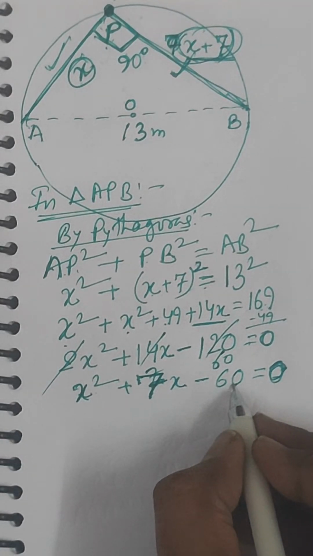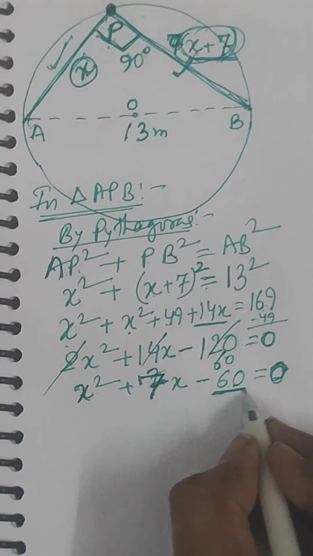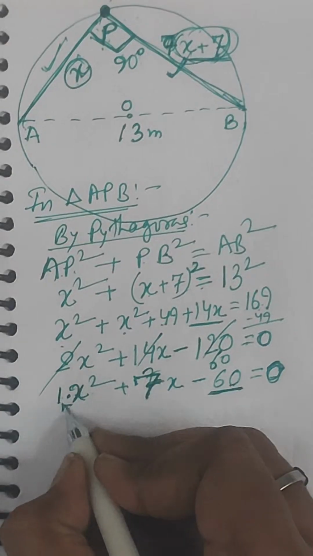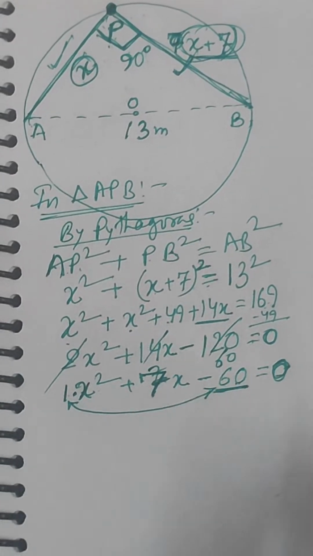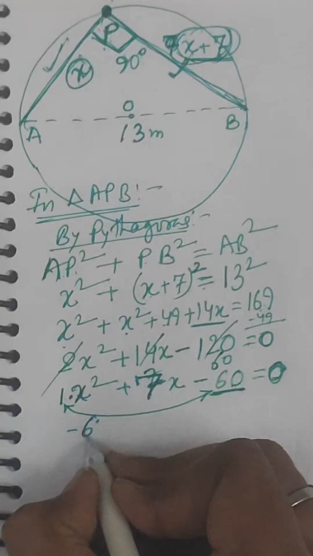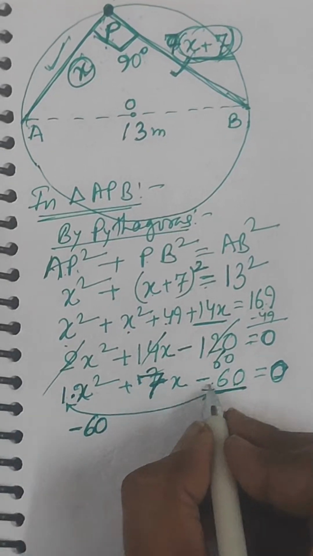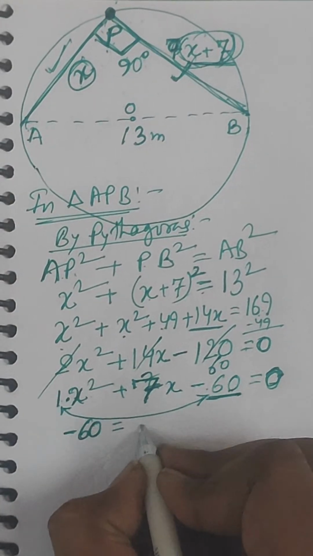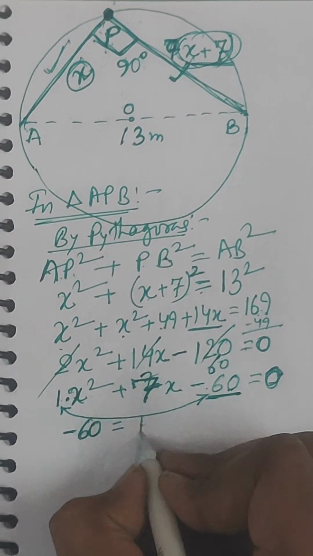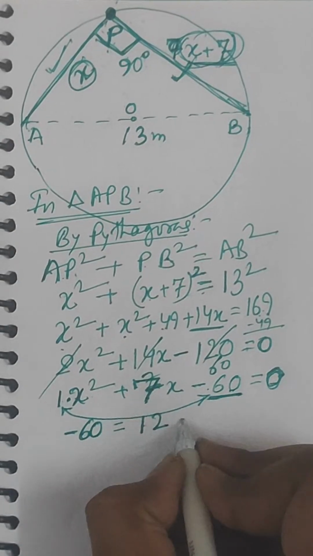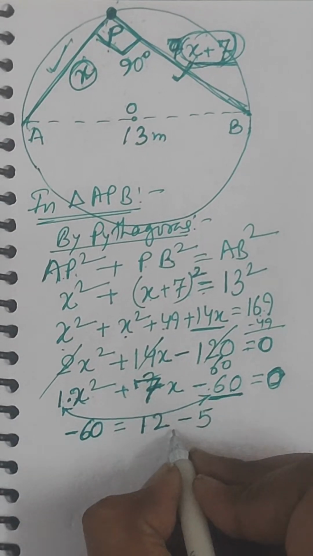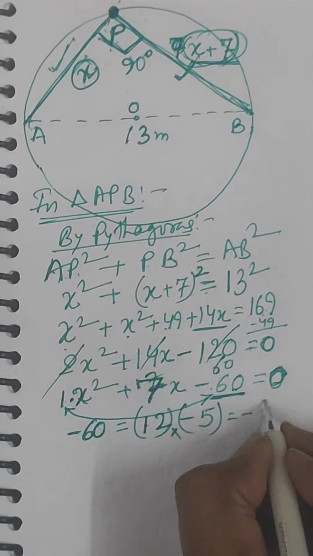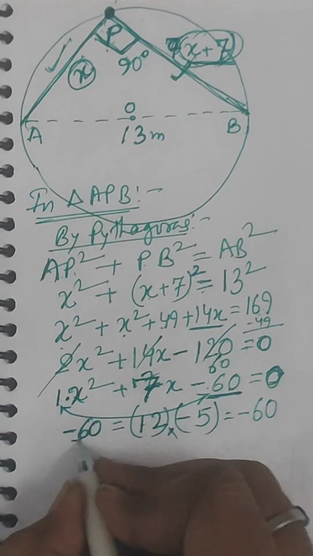So what you can see, you can just split the middle term. The coefficient of x square is 1. Okay, you can see here, if minus 60 is there, minus 60 into 1 will be minus 60. When you split the middle term, you can write it as 12 and minus 5. When 12 is multiplied with minus 5, you get minus 60, which is the product